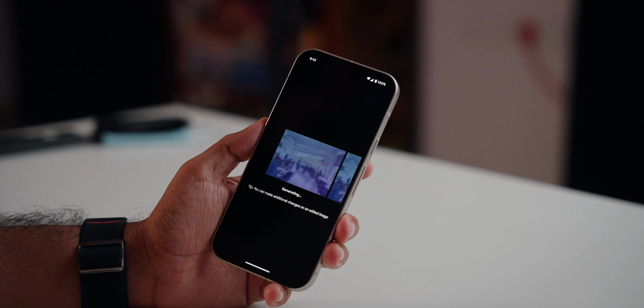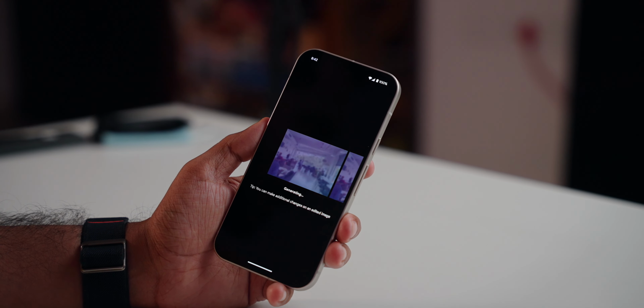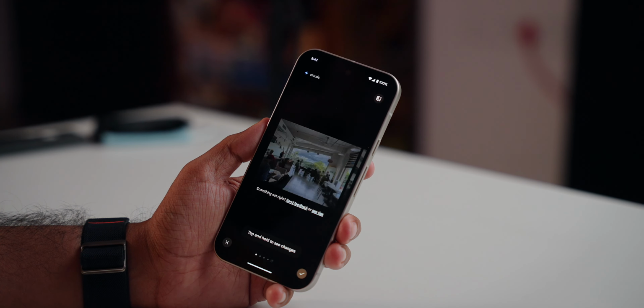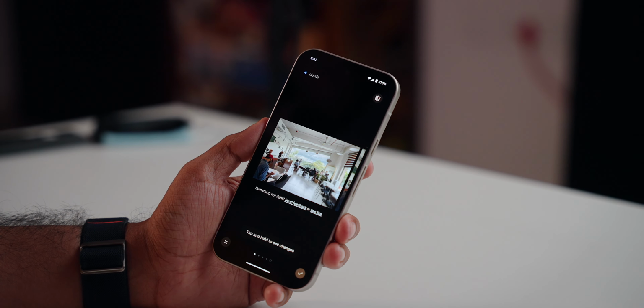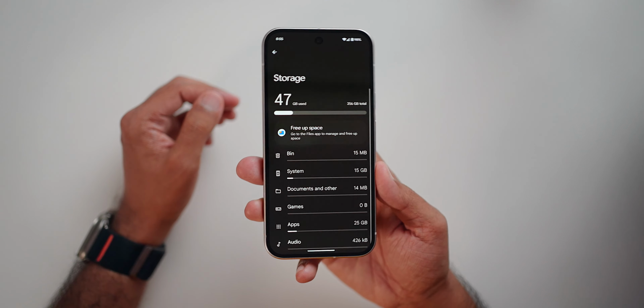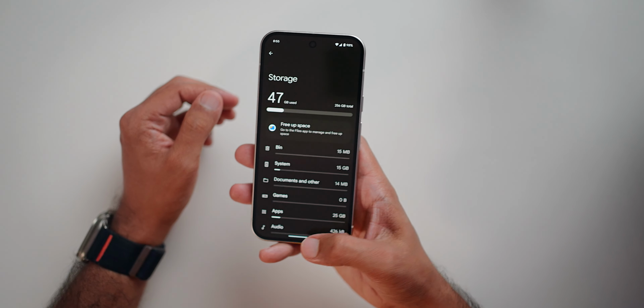I think Google worked mainly on the NPU and RAM because of those AI features, but apart from that, this is not a performance-centric phone. So for day-to-day use, it's fine, but don't expect a lot out of it. The base storage in India is also 256 GB, which is a good thing, but I don't understand why it can't be UFS 4. In short, it's a good phone for day-to-day use, but it's more focused on those AI